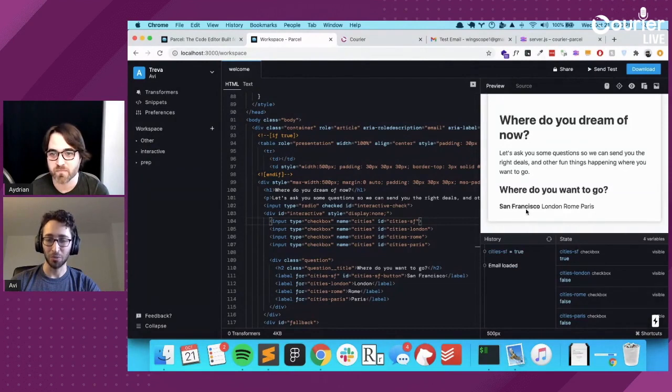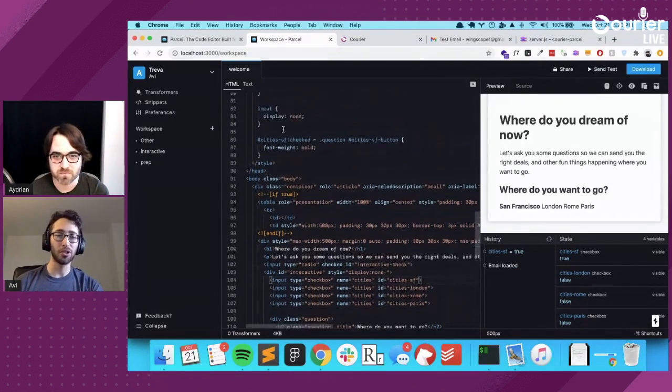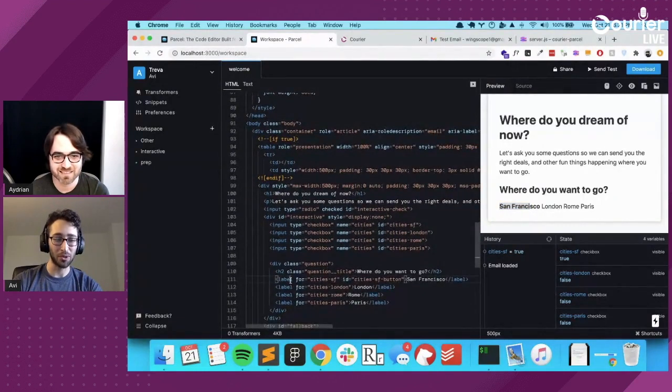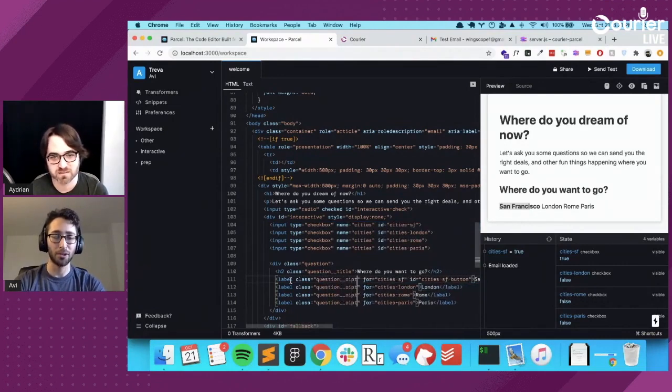So when I check it, it's checked, right? And so now we can see that's bold. So we're just going to do that exact same thing. Actually, you know what? Let's make this one fully pretty, and then once we do that, we're going to make the right styles when they're checked. So here we're just going to give it a class of question option,